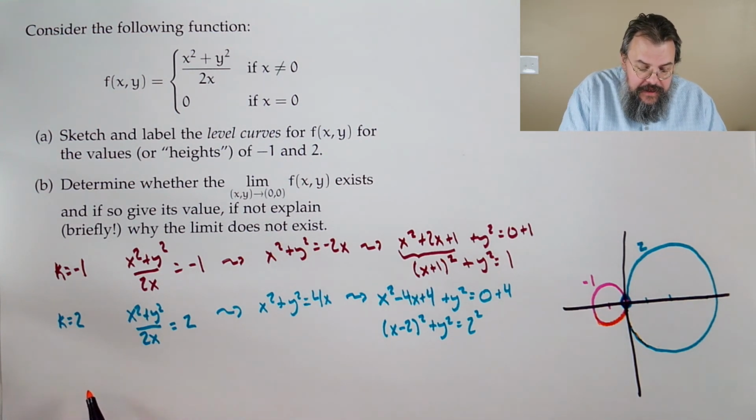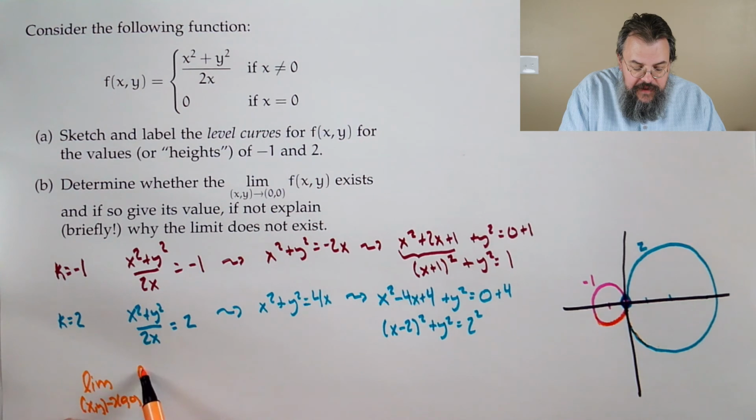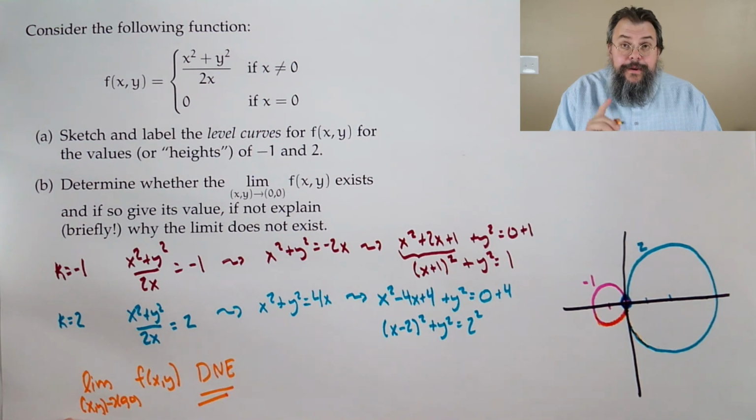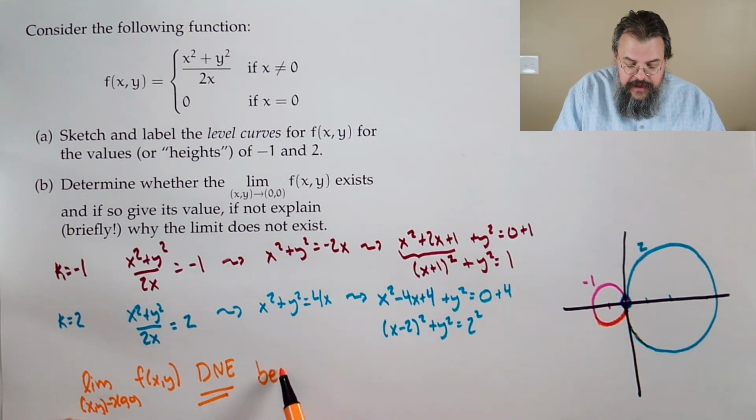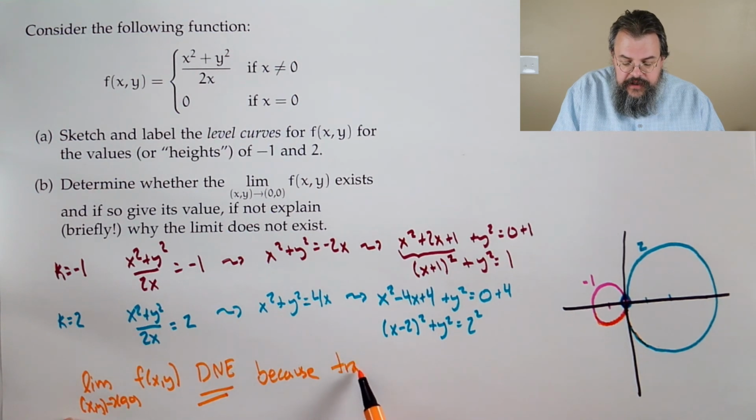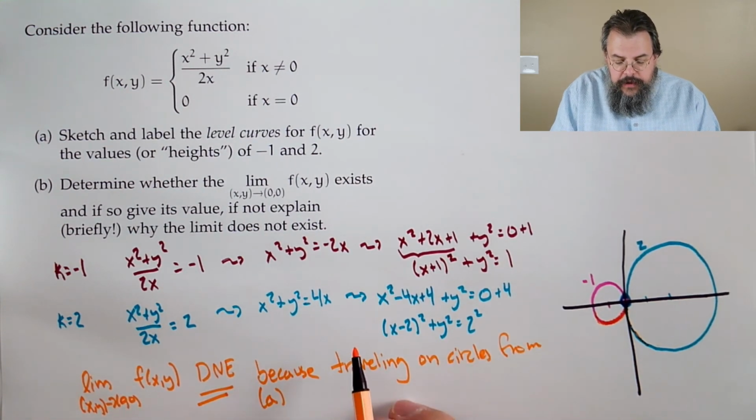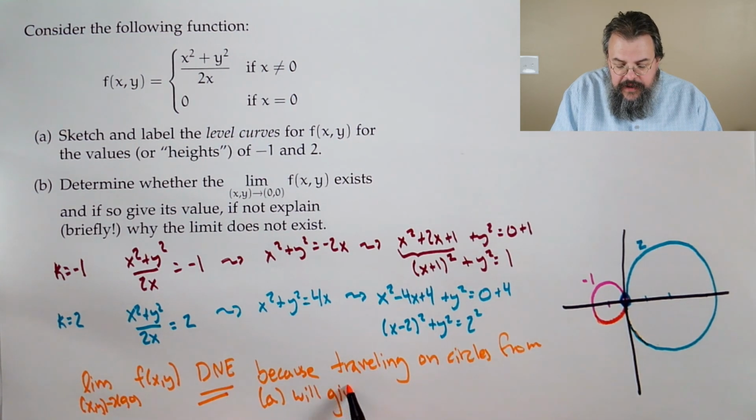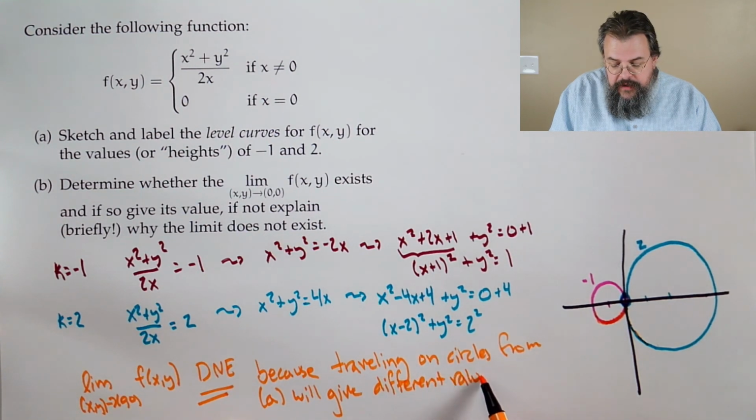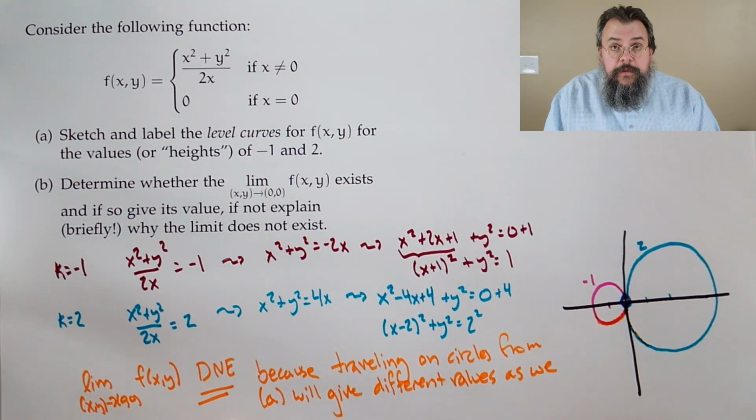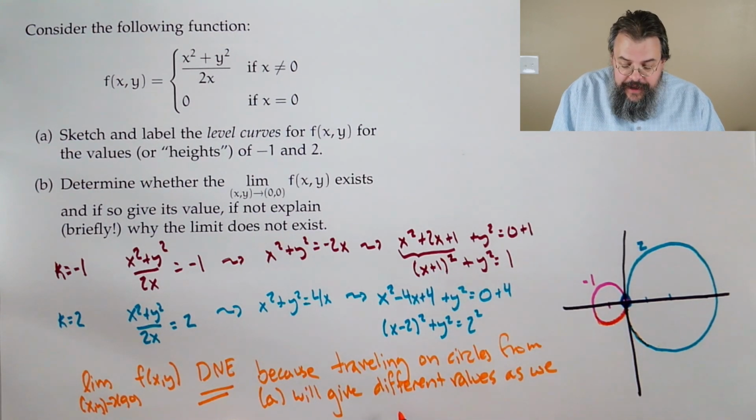So we can say the limit as (x,y) goes to (0,0) of f(x,y) does not exist because traveling on the circles from part A will give different values as well. This is being very dramatic. Like, ooh, what is he going to say next? As we approach